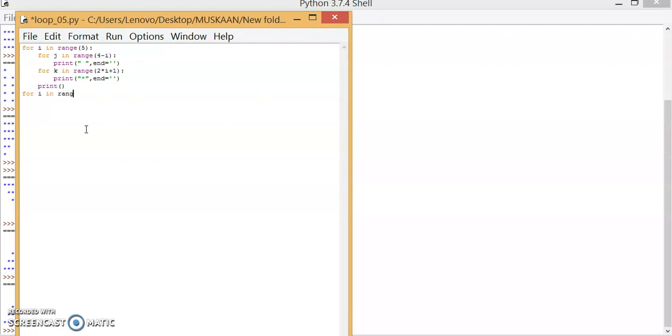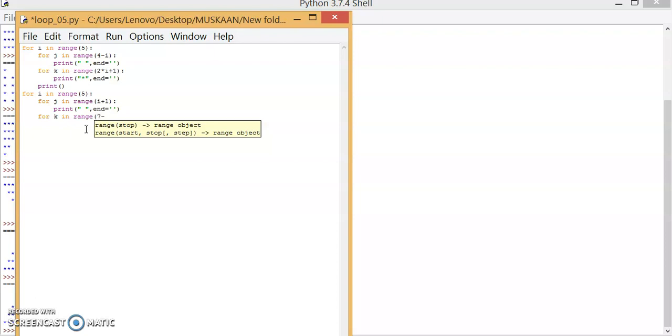So how many lines do we want again? That is 5, right? How many rows do we want? And now how many spaces do we need? I told you that we need spaces. So i plus 1. Then we want to print here the space, ending with a blank, then maintaining the indentation part, the number of stars we want.